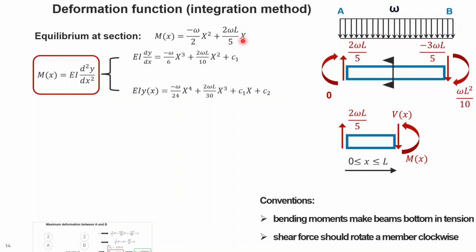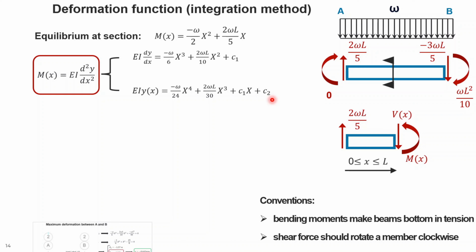So if you do a single integration, you will come up with x cubic here, and one constant appears here, and if you do an extra integration over this function, you will come up with x to the fourth here, and c1x, and another constant appears here. So that's why this method is called the double integration method, and you will come up with two constants here, c1